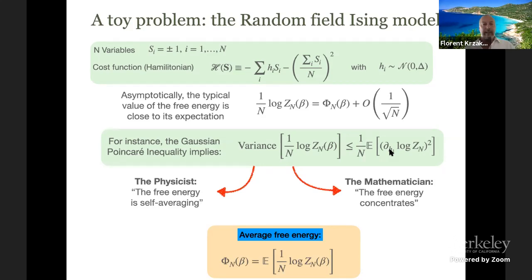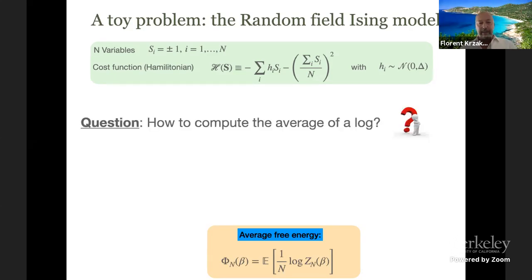Now it's interesting. That's the reason why physicists really wanted to compute this average free energy. And they used to say this very nice word, the free energy is self-averaging. It's a quantity that when you send n to infinity is equal to its average. And of course, in math, that is not what you would say. You would say that the free energy concentrates. But if you encounter this term, self-averaging, it's just a form of concentration.